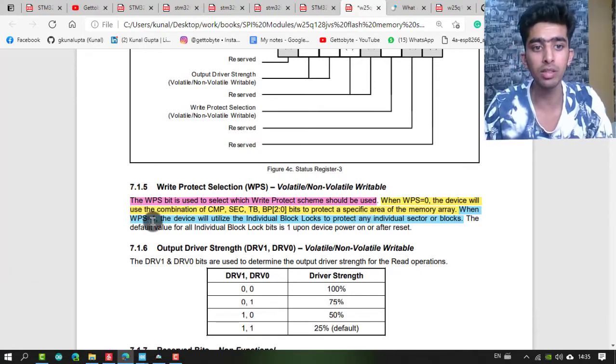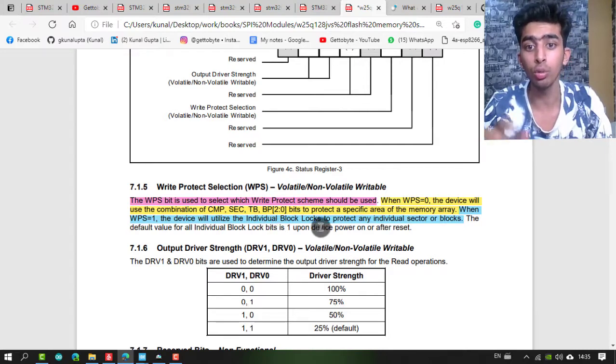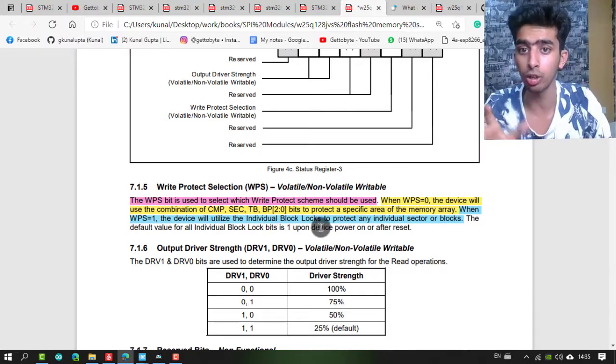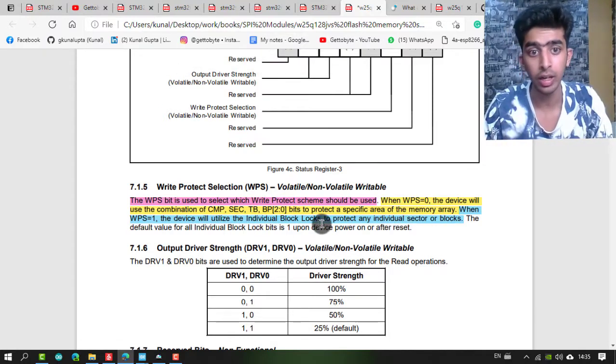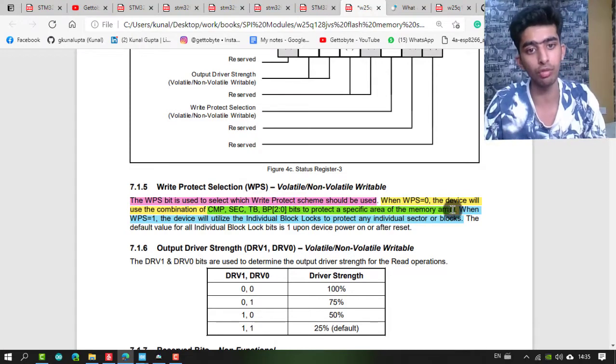And when WPS equals 1, the device will utilize the individual block locks to protect any individual sector or block. So as you can see here, the individual lock is used to protect an individual block, and these block protection bits are used to protect a specific area of memory.